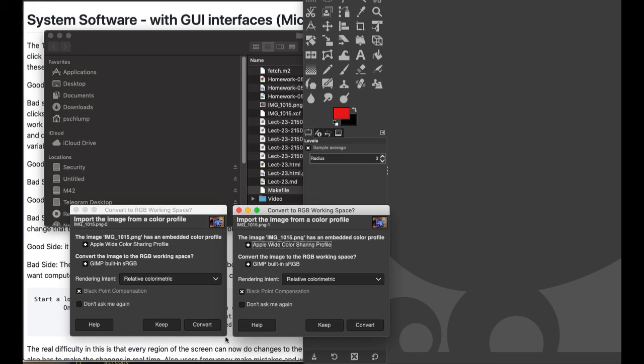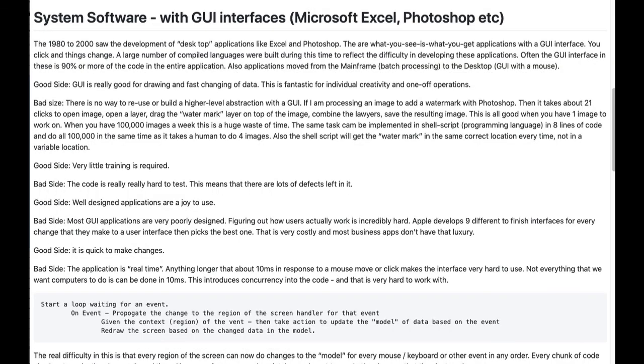Then I go and I answer one of the modal dialogues, but it's on the same file as the other modal dialogue. And consequently, GIMP is now really confused, and it won't open either one of them, and the whole program hangs. Let me draw you a state diagram that describes this kind of behavior. And what happens is that we have to ask questions about, for every possible state,